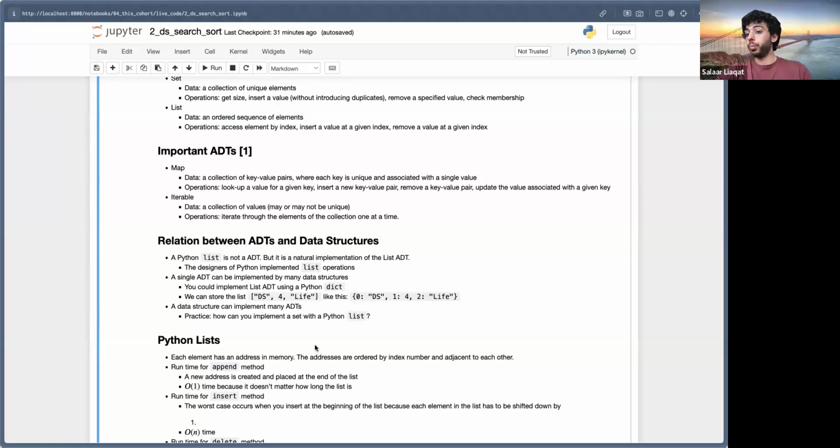Okay, so the first data structure we'll look at is Python list. With Python lists, each element has an add